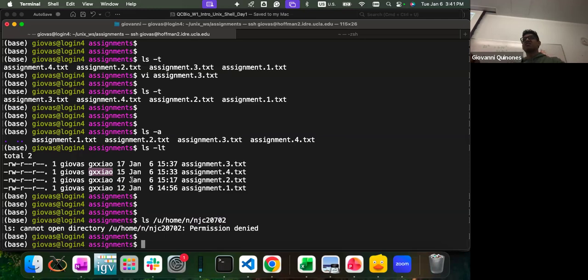So I can see what files other people have, but I cannot touch them. I cannot modify them. So what if I'm collaborating with you and I want you to share some files with me? I want you to enable access for me. In order to do that, we'll need to change this string. We need to change the permission settings for each file.